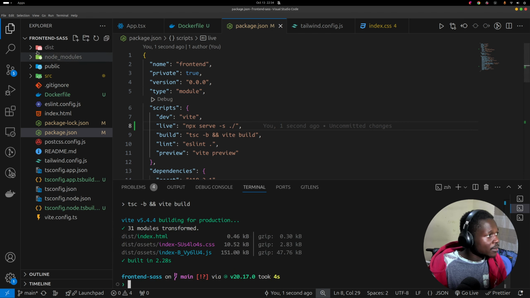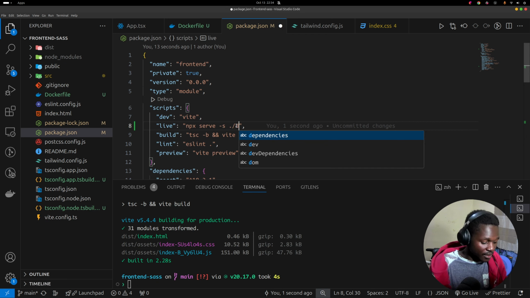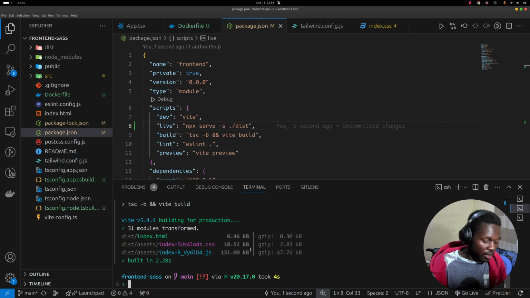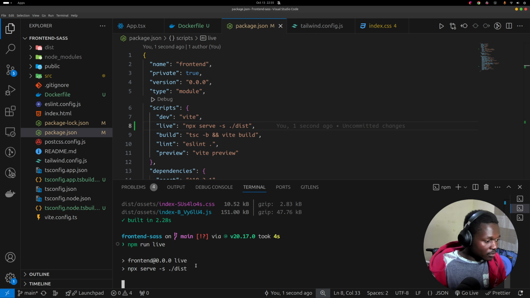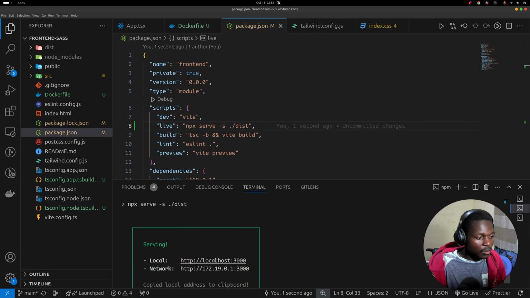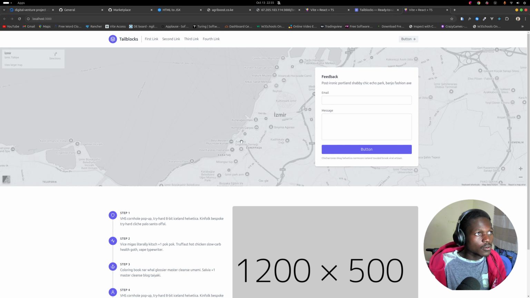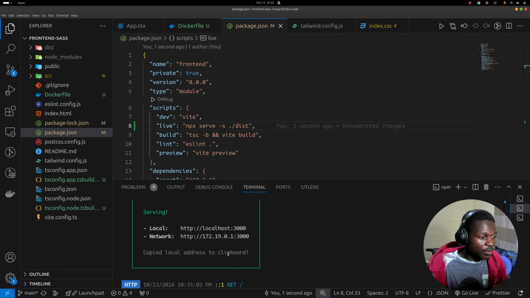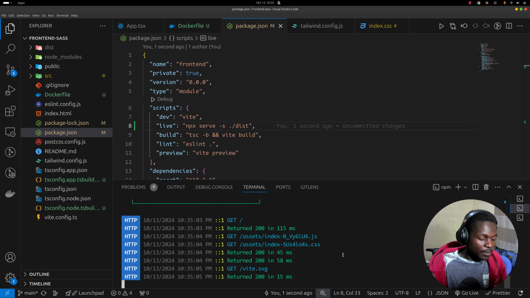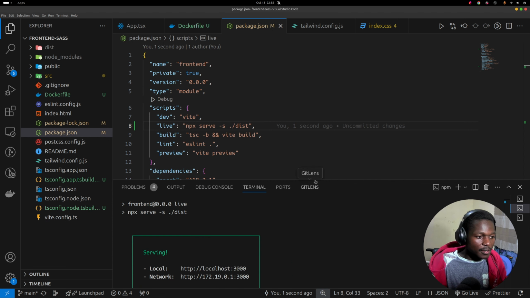So once we build the app, we'll have the dist. So we'll serve the dist folder. So if we run npm run live, serve should be able to serve everything via this port. So we can go that approach or choose to not use the serve. But for simplicity purposes, I think we can go with the serve because for some reason we can choose to use